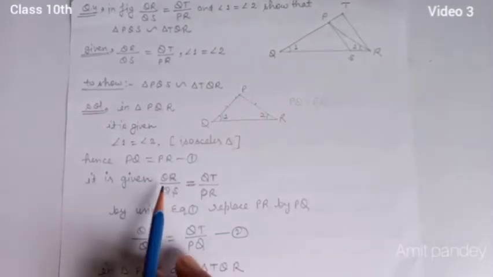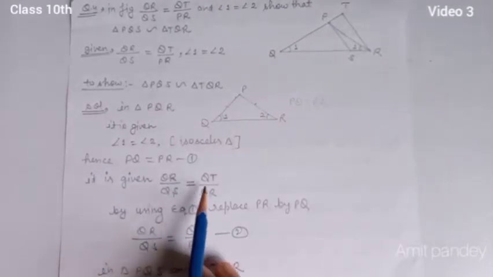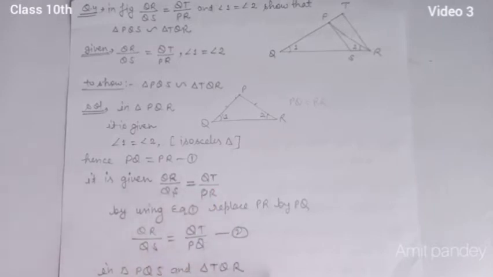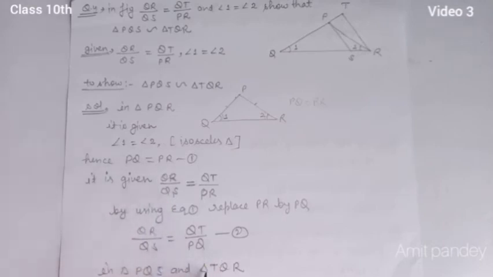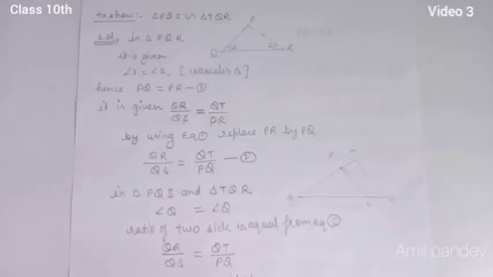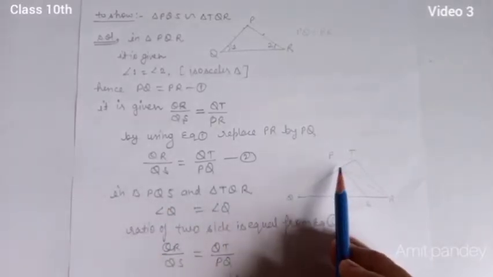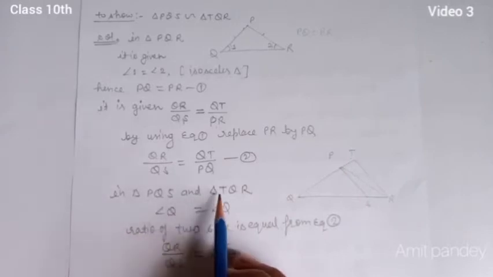Now it is given that QR upon QS equals QT upon PR. Students, by using equation 1, we just replace the value PR by PQ here. So QR by QS equals QT upon PQ. Mark it as equation 2. Now check in this figure, in triangles PQS and TQR,